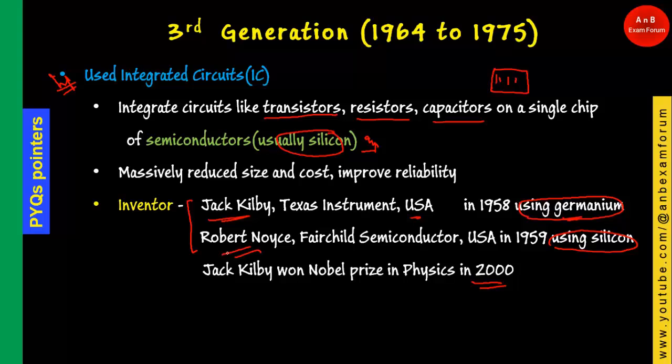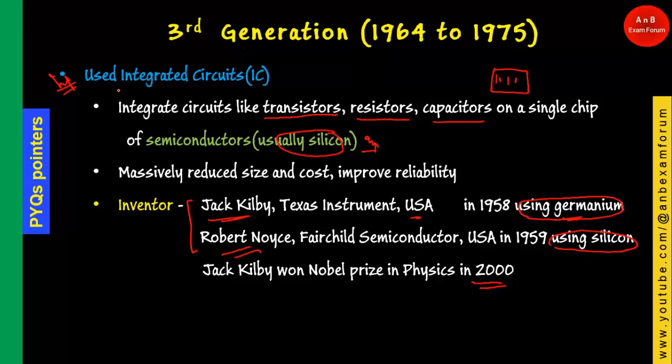But finally, after the death of Robert Noyce in 1990, Jack Kilby was awarded the Nobel Prize in Physics, and people say that he developed it earlier than Robert Noyce, so he was awarded the Nobel Prize. Okay, so these are the facts that you should take as